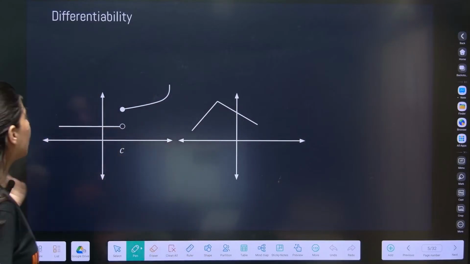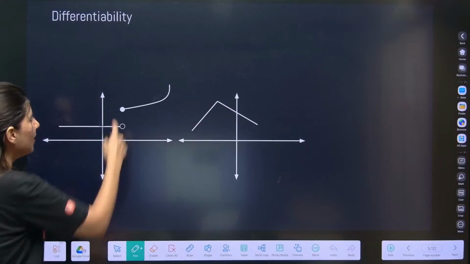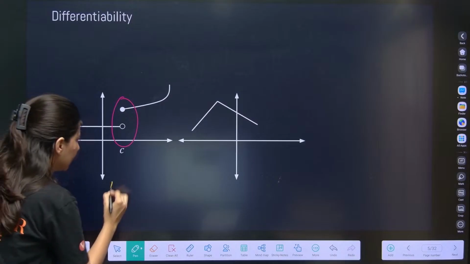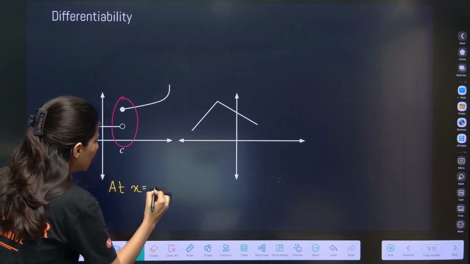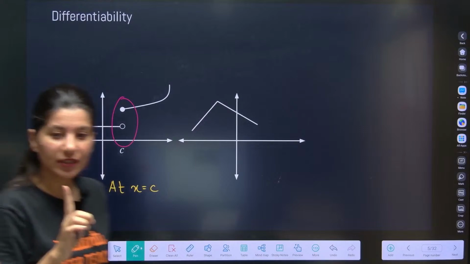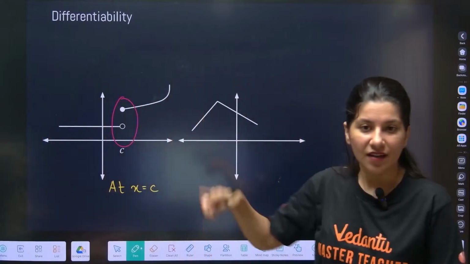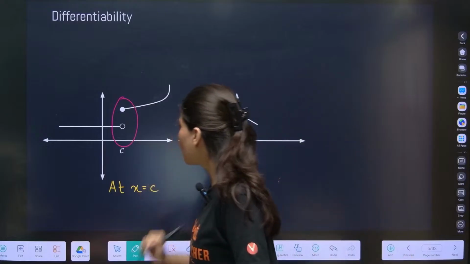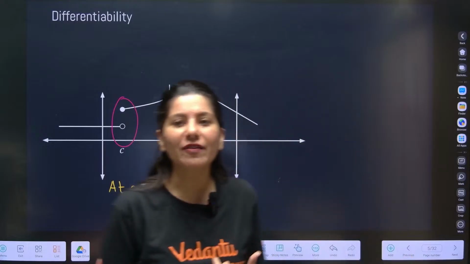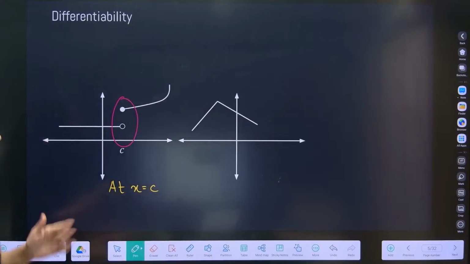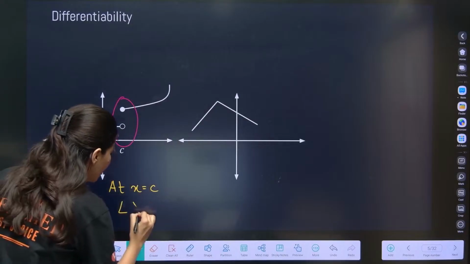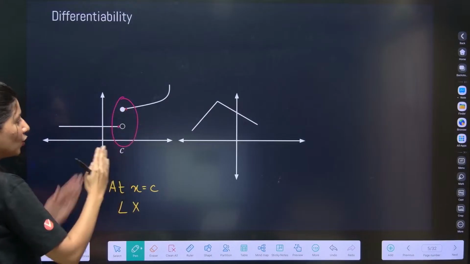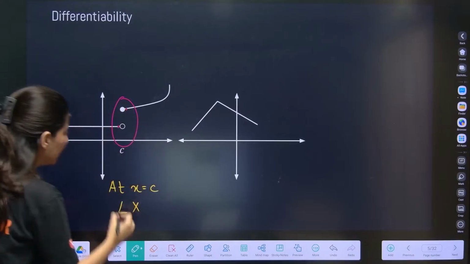That what is going to happen. Can you see the first graph? We can see that there is a break. So at x equals C, here we are talking about a point only. At C, the function is actually discontinuous. Now we know everything, limits, continuity, differentiability, let's talk about that. So the limit does not exist. Why? Because see, left hand limit and right hand limit are both different. You can clearly see the limit does not exist.